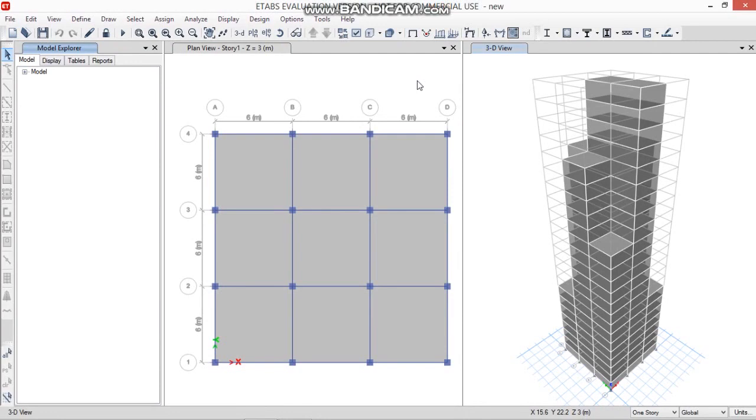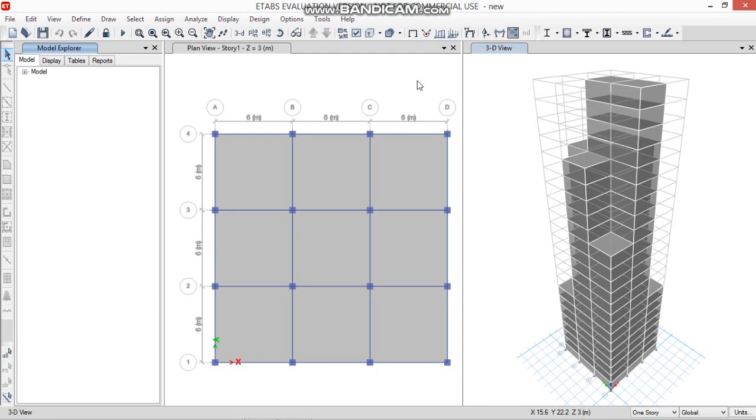Welcome to the video on foundation design of building. We are going to design a mat footing for a building with the use of parameters we obtained from the tall building design video, which I've already uploaded. So first of all, we're going to deal with the process of determining the load acting on the footing and the problem statement.